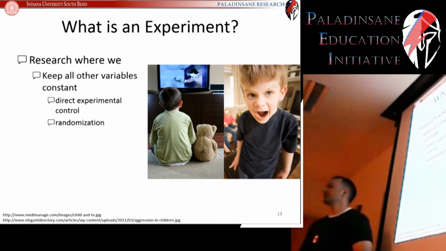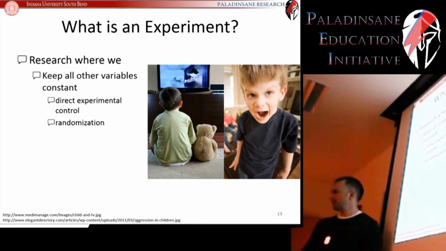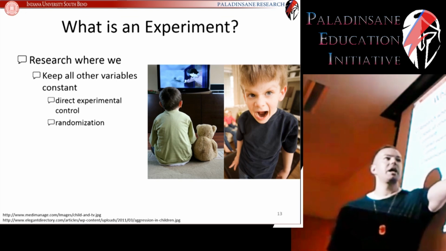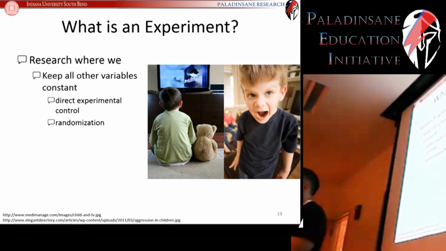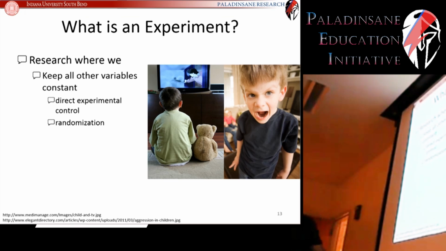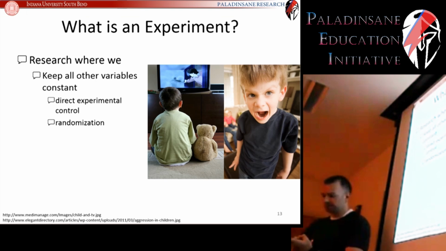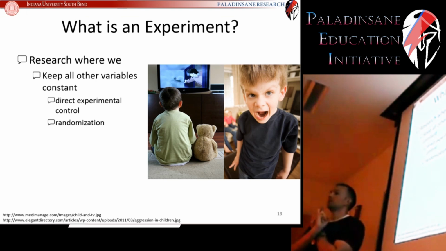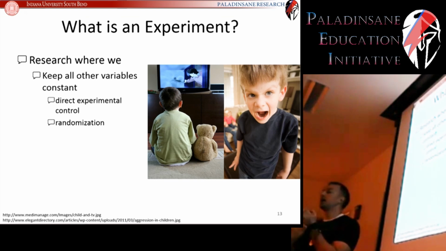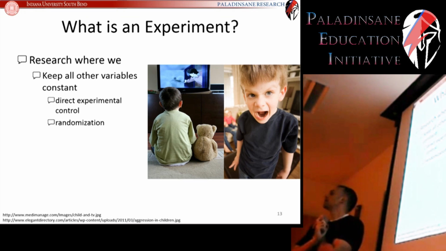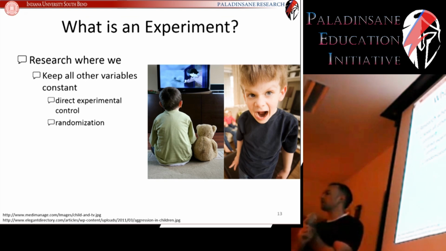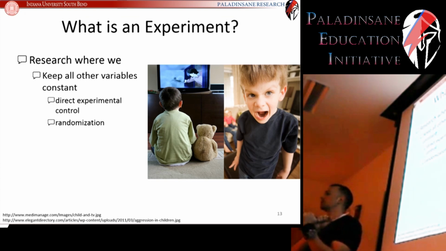What's missing here is that there are always hundreds of variables that could potentially influence the aggressive behavior that we have no way of probably predicting or knowing about. So what about things like whether they own a pet, whether they have a dog or whether they don't own a dog? How about what kind of pet do they own, right? Is it a cat? Is it a goldfish? Is it a dog? How about the number of siblings that they have? How about whether they come from a single parent or two-parent household? How about if they come from a traditional or non-traditional family?